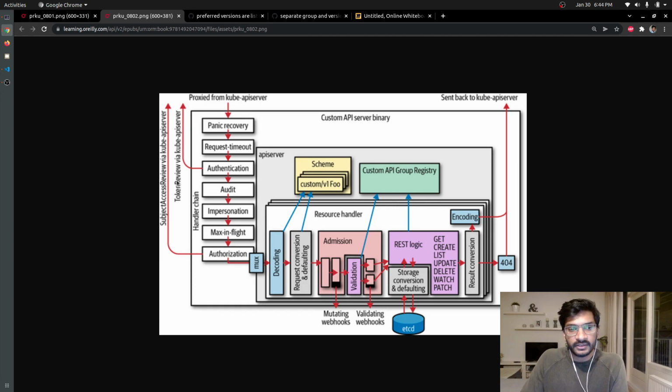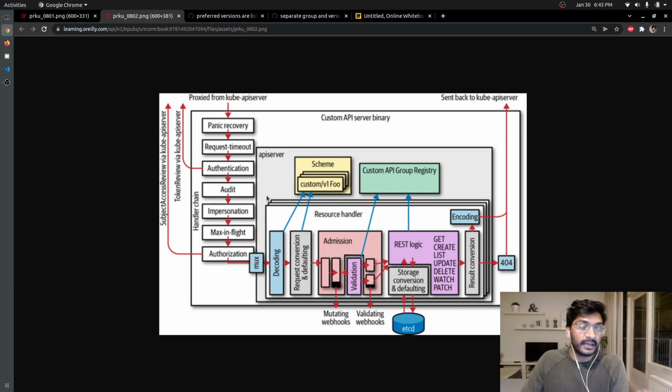There might be ways to write an aggregated API server, but when we try to implement it, we are going to use the same approach that we used for the validating webhook controller, and that is actually being used to write the main API server. So again, if I try to summarize authentication and authorization, even though the request is coming to the aggregated API server from the main API server, the request is authenticated, and there are two fields that are set in the header,